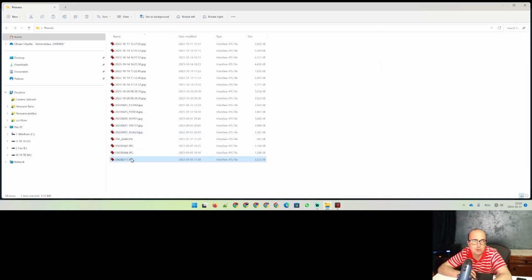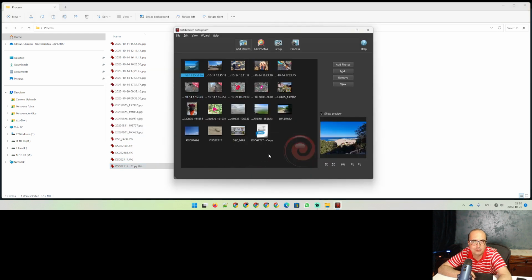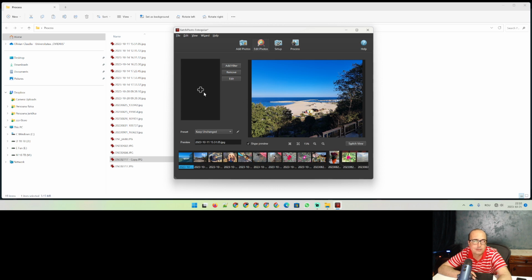Let's copy a photo and see if now I can edit it. Okay, now I can edit. Let's add it again. Now I cannot because it's already there. So the photos are here. I can even create a copy and edit them. First, I don't like the names. Even if they're from different cameras, I would prefer a specific name. So I would click here and I can rename them to folder name like this, process, and it's a counter,